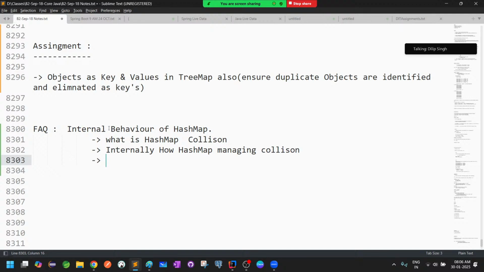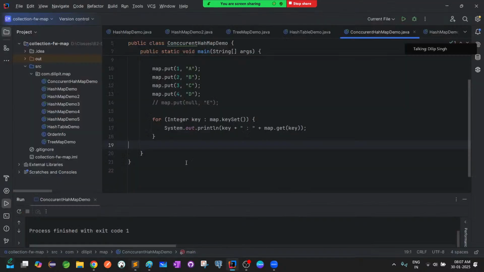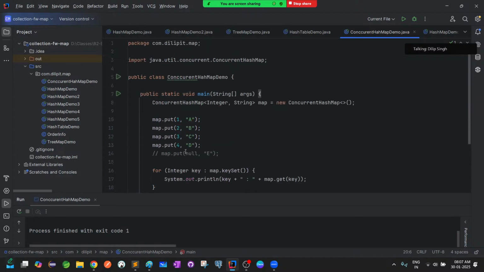So you have to explain what happens when you are doing the put operation and remove operation. Internal behavior with respect to HashMap means they will ask about inserting data as well as removing data. In these two scenarios, how it is behaving, you have to explain. To understand the theory, how to explain in the interview,